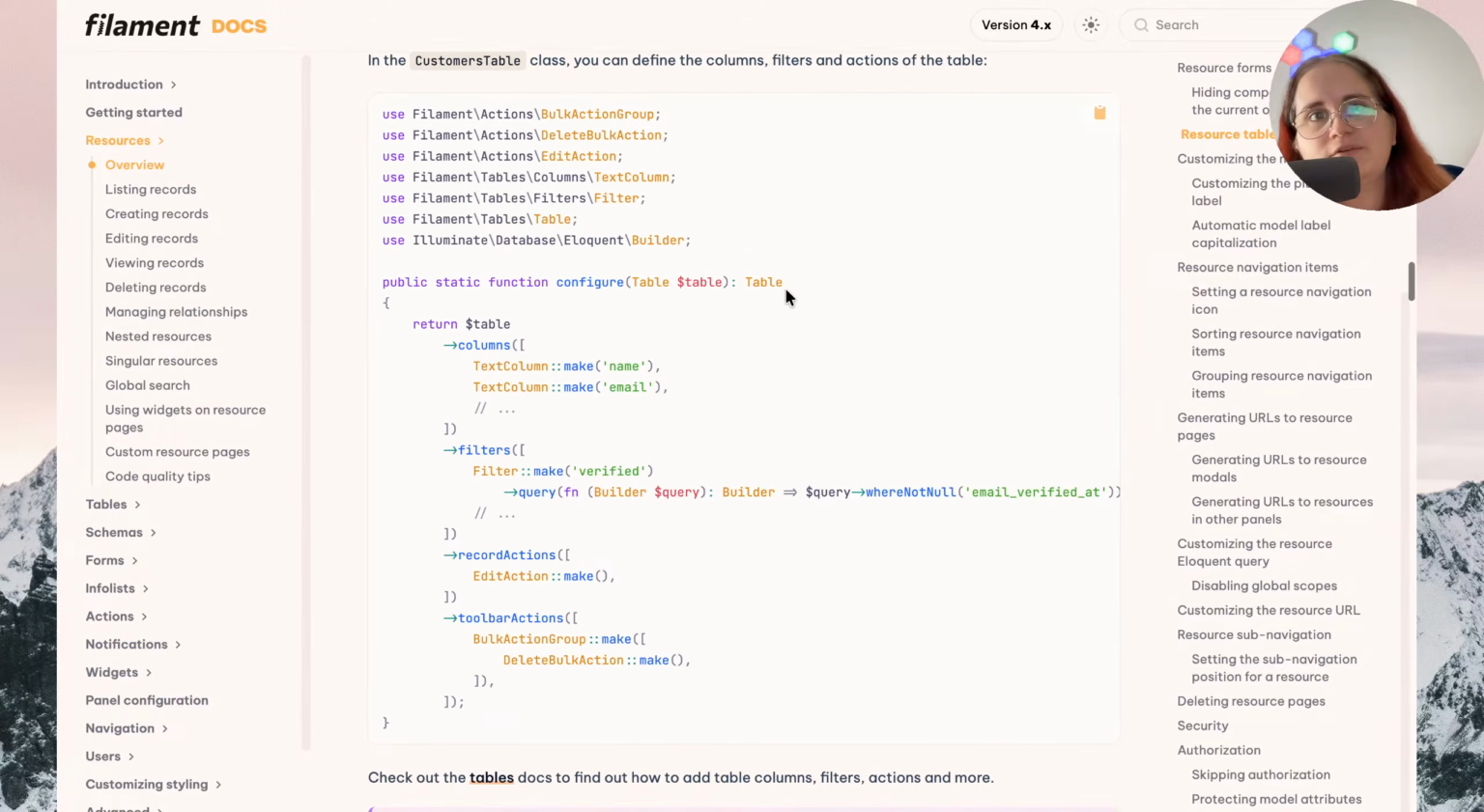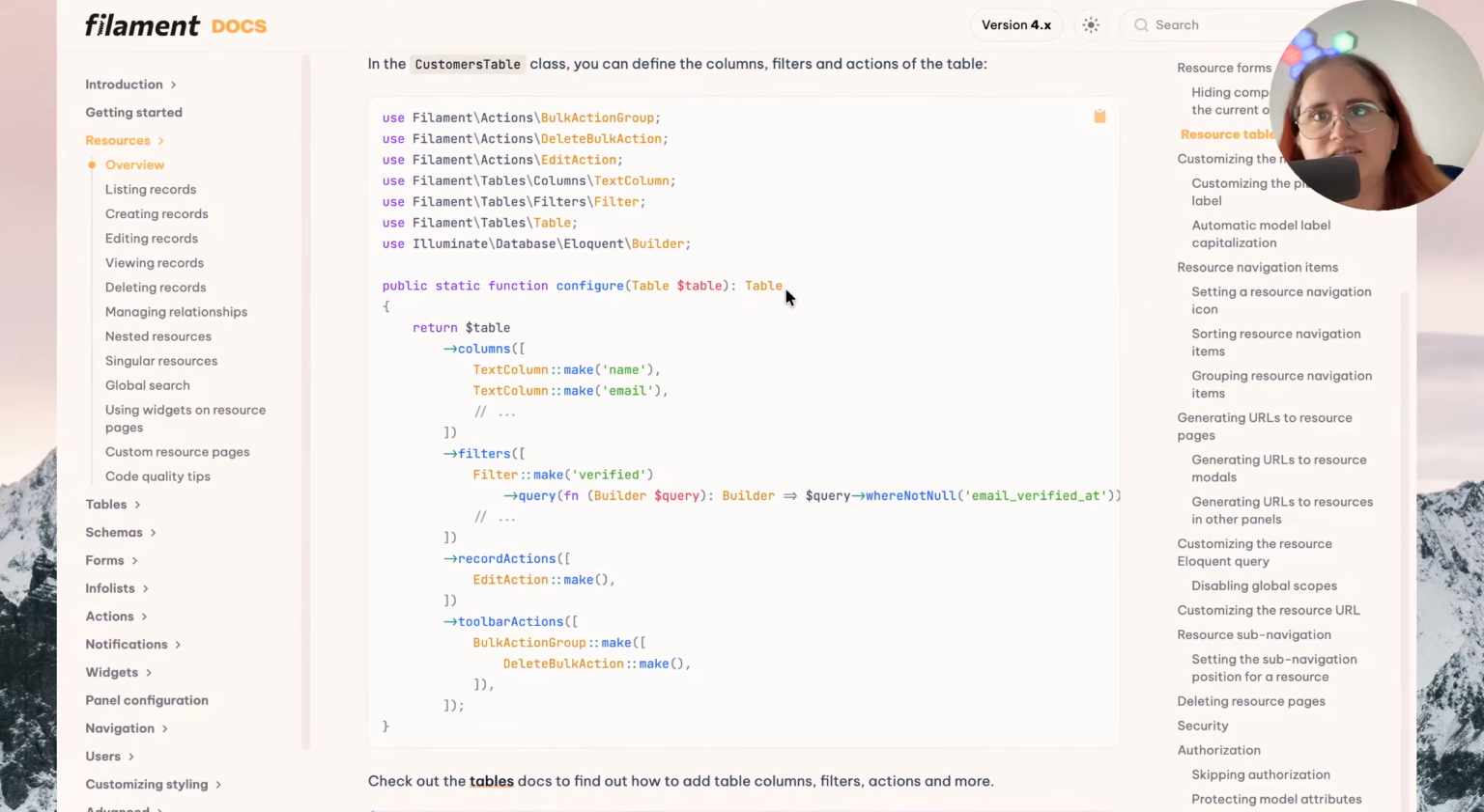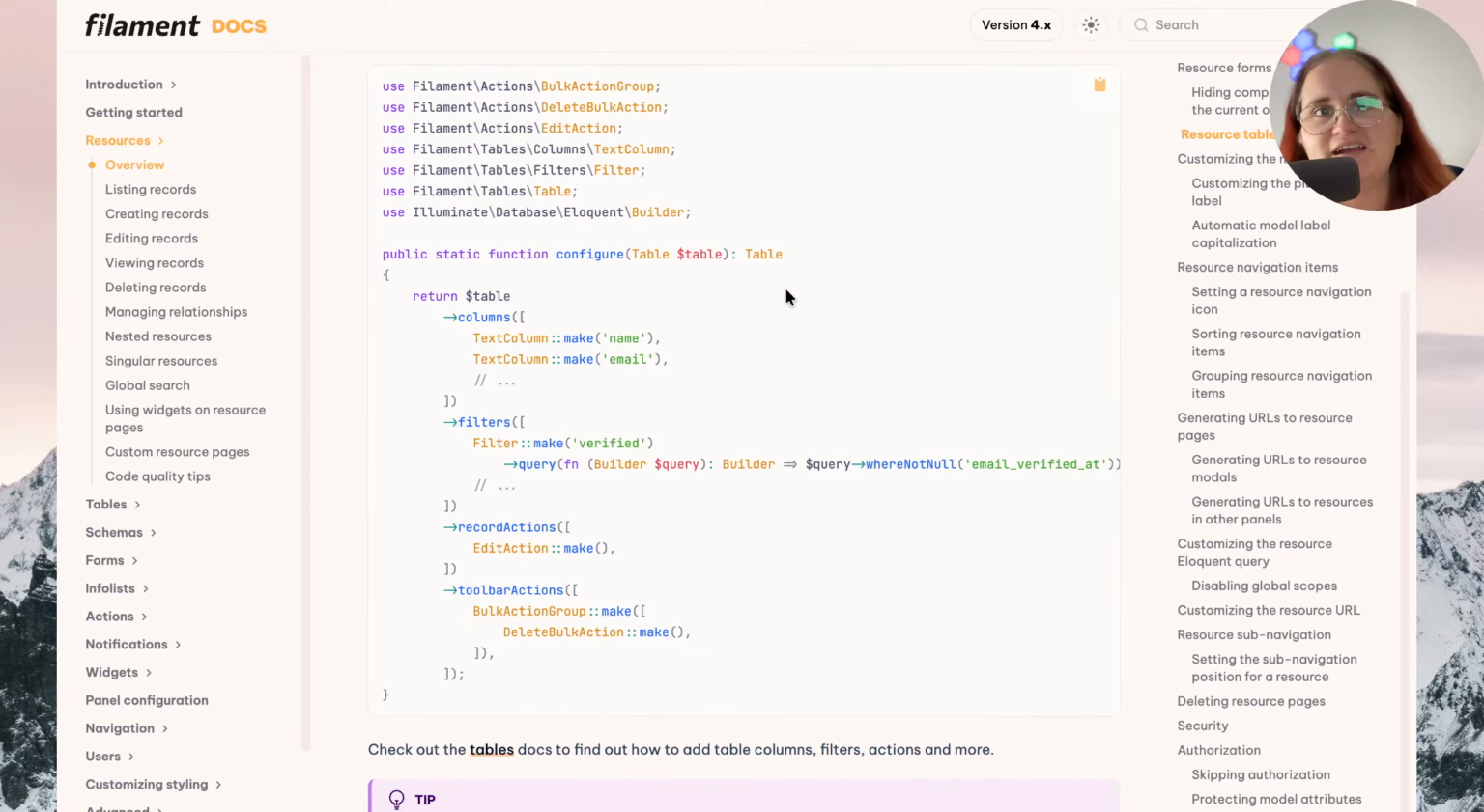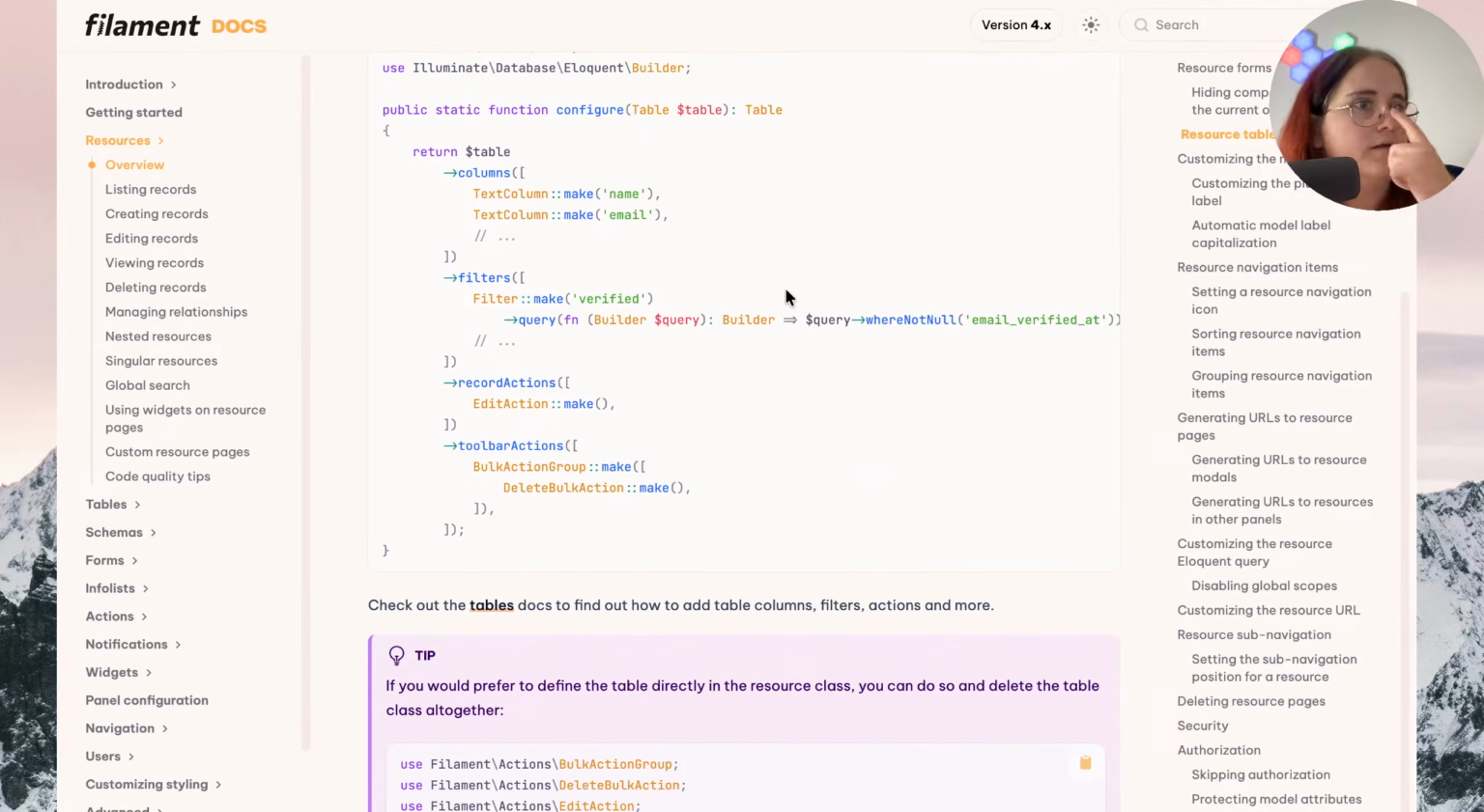In the CustomersTable class, you can define the columns, filters, and actions of the table. use Filament\Actions\BulkActionGroup; use Filament\Actions\DeleteBulkAction; use Filament\Actions\EditAction; use Filament\Tables\Columns\TextColumn; use Filament\Tables\Filters\Filter; use Filament\Tables\Table; use Illuminate\Database\Eloquent\Builder; public static function configure(Table $table): Table